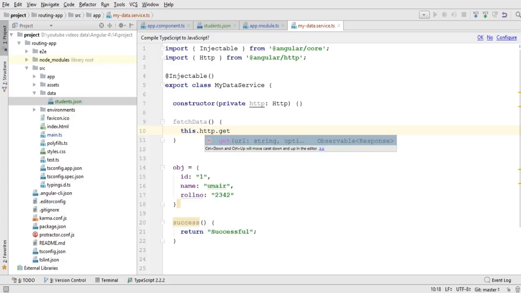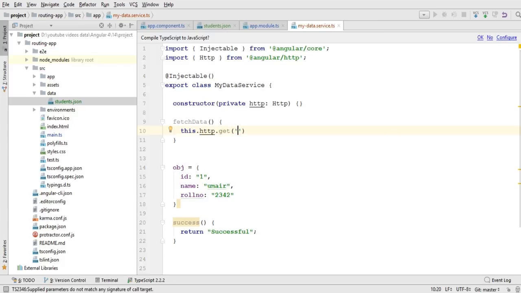So I will write get, and within single quotes, or we can write double quotes, I need to write the path of this students.json file. I will start with the source directory, and within the source I have the data folder, and inside it I have the students.json file. So I will write src/data/students.json. Okay, and after that I need to